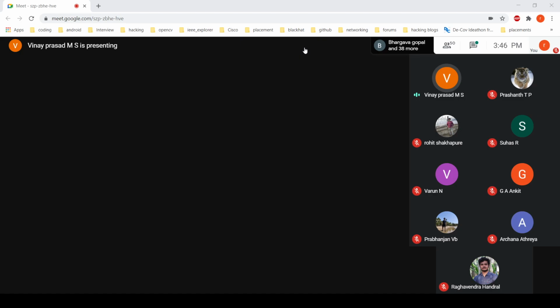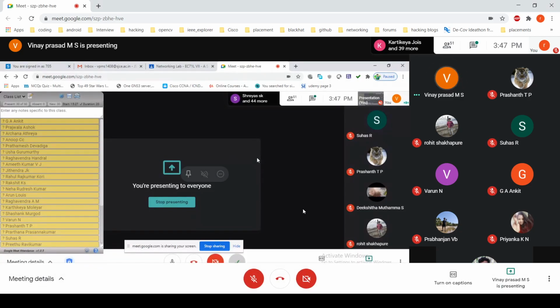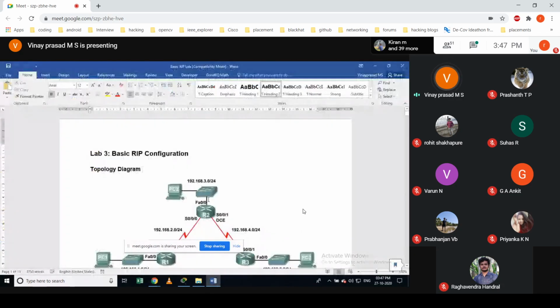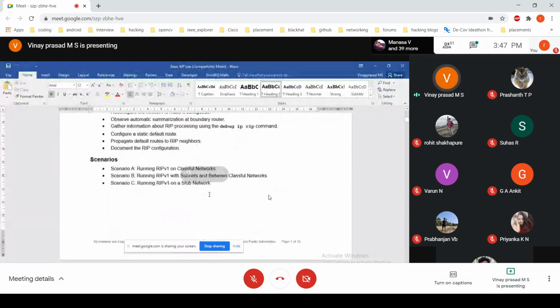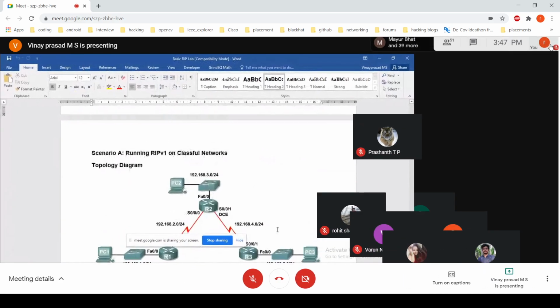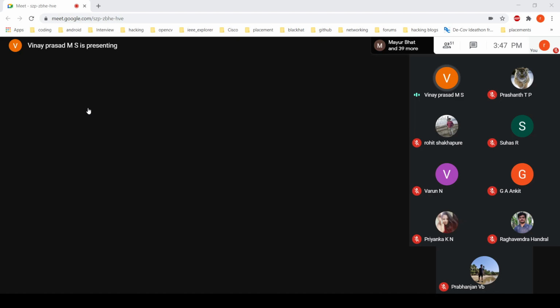But EIGRP is the protocol which runs only on Cisco devices. Earlier it was a Cisco proprietary protocol. Now I think it might also be an open standard which you could use on different vendor network devices. So what is the reason we have RIP? Routers are able to learn about the remote network automatically. We don't need to have any remote network information.